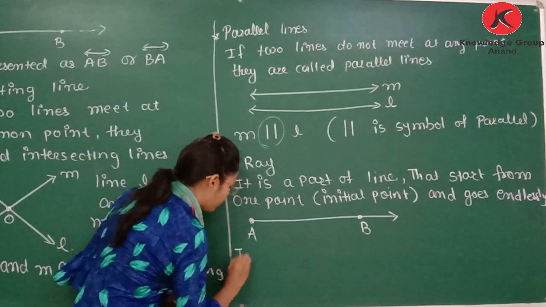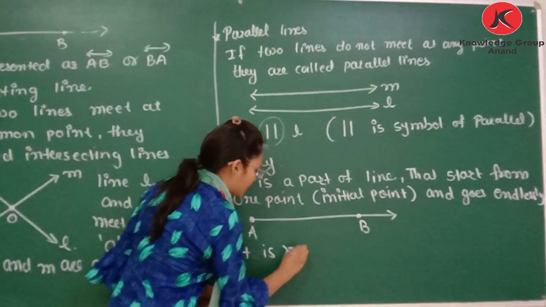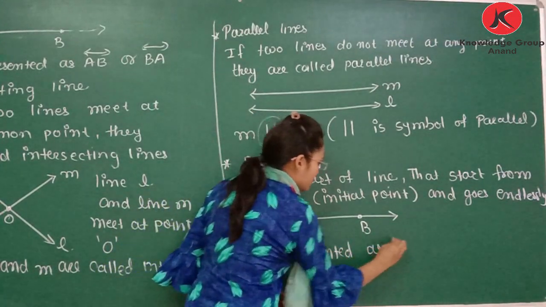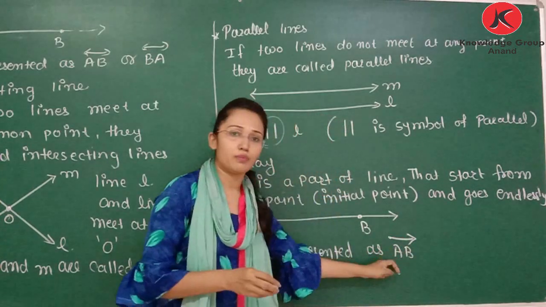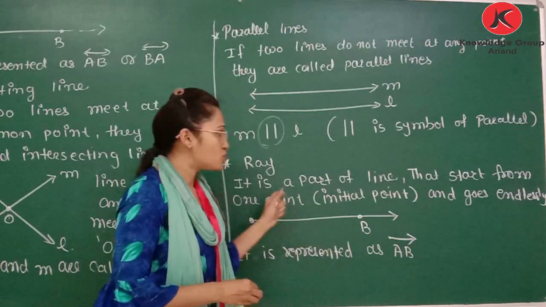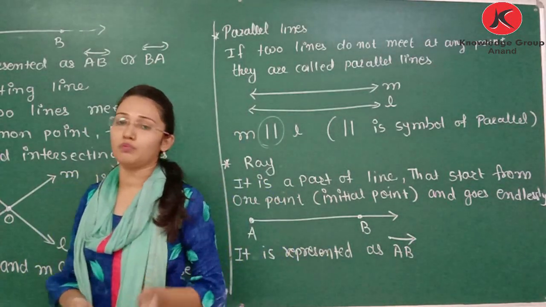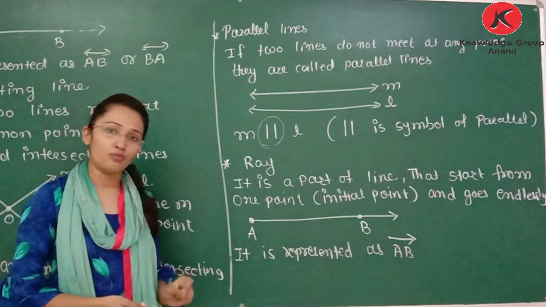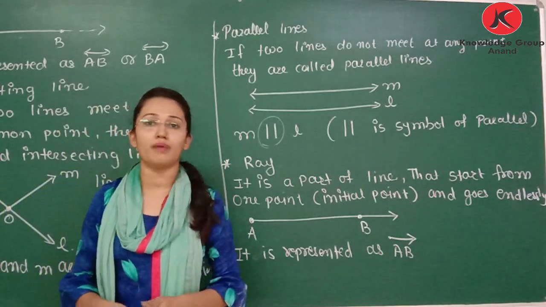Okay, so it is represented as ray AB. The starting point will be the first point and B represents the direction of the ray. So we learn line, point. First of all we learn point. Point means it is a dot on a paper. Then we learn line segment. It is of fixed length. It is represented by line segment